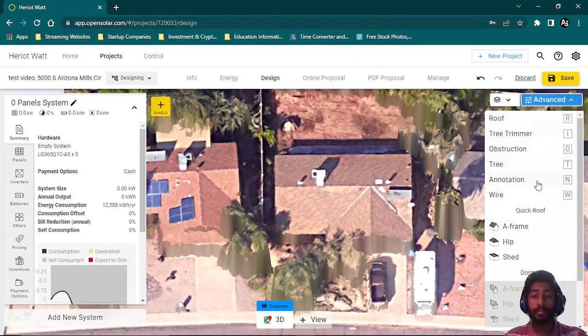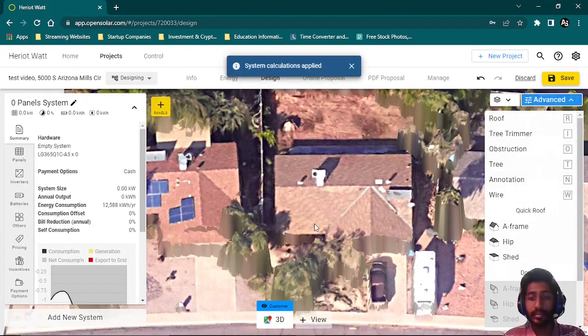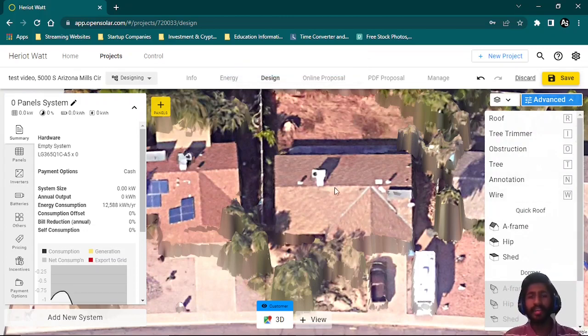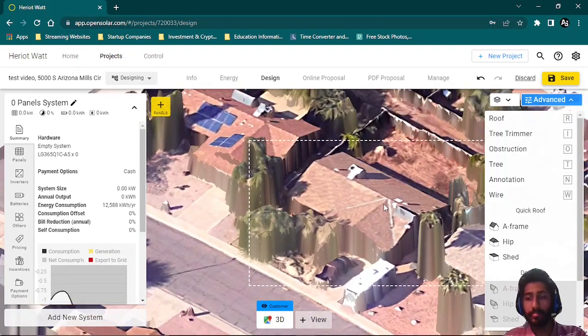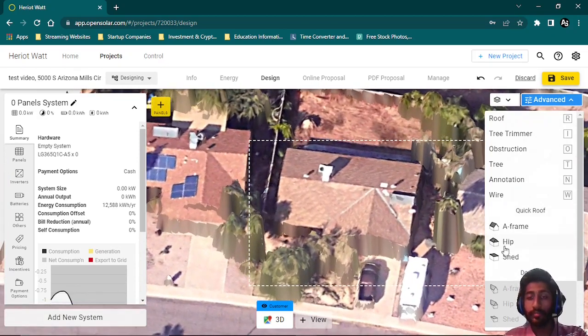There's annotation, just placing any objects, numbers here and there, labeling, wire, in case there's any wiring or drawing around the roof. And the other great thing is the roof. If there's a default structure of the roof that is a design of an A-frame, ours is not. It's a mix of A-frame and a hip. So if there's a house that already has a hip, shed, or A-frame, you can just click on it and place the points or the corners of the roof,